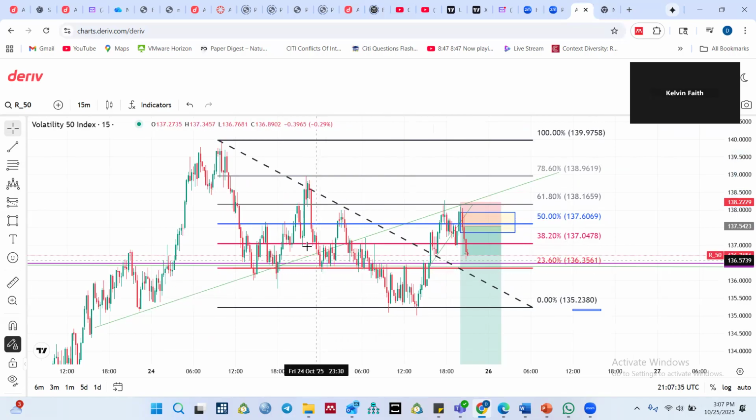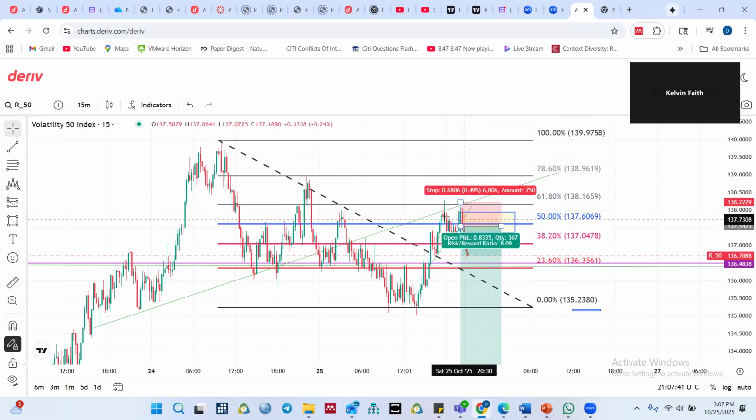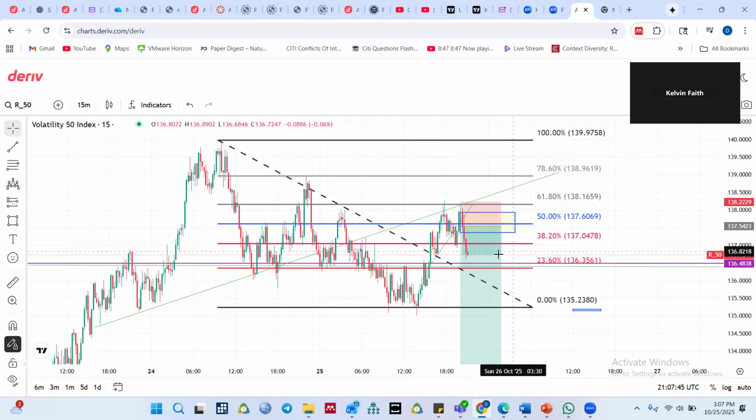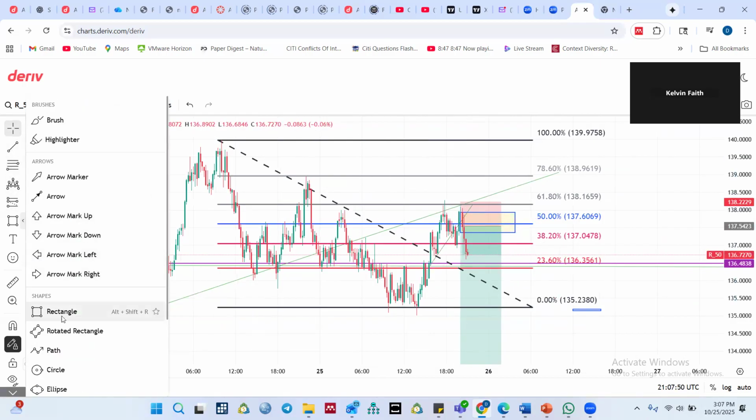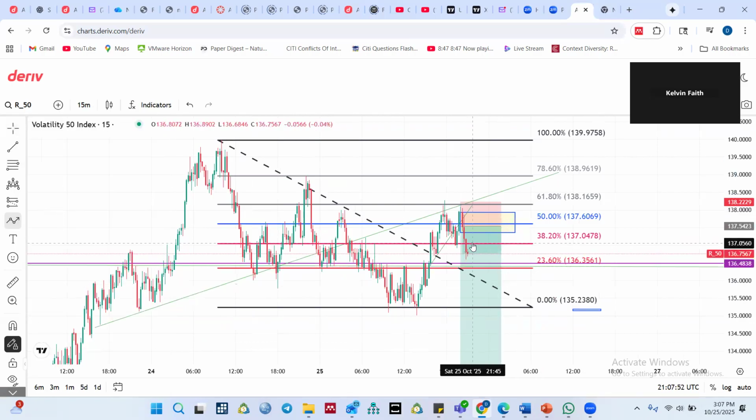So we have price pulling back into equilibrium, 50% equilibrium, which is perfect, a sweet spot. So I'm guessing price might want to reach to here, 23, and then push back to 50, and then fall back